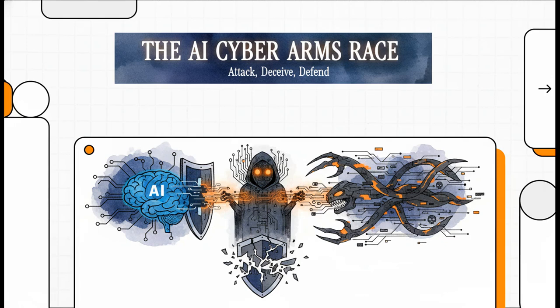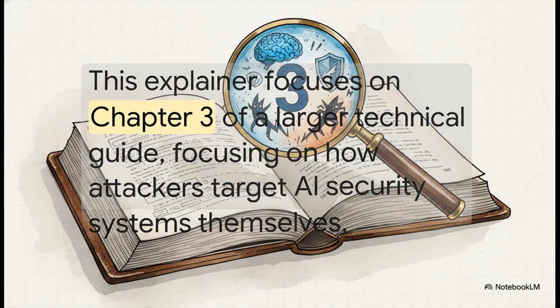Today, we're diving right into the new front lines of digital security. This is a place where artificial intelligence isn't just our ultimate defender, it's also the most valuable target. So just to give you some context, what we're covering today is actually part 3 of a much larger 15-part series. It's all based on a really comprehensive guide by Virtualization Options LLC. We're going to be zooming in on a critical piece of the puzzle. What happens when attackers stop trying to avoid AI and start targeting the AI systems themselves?